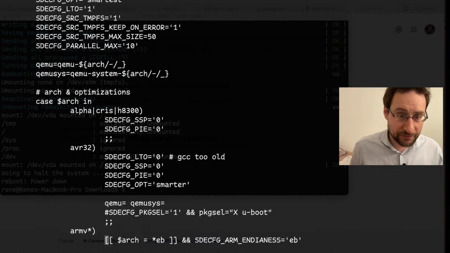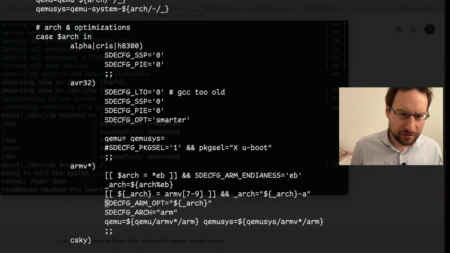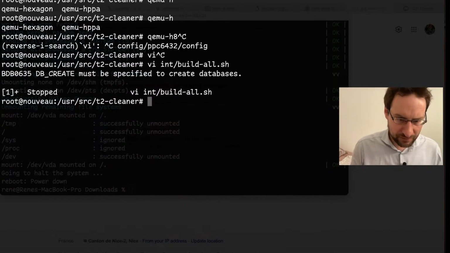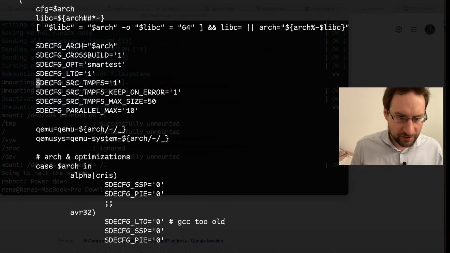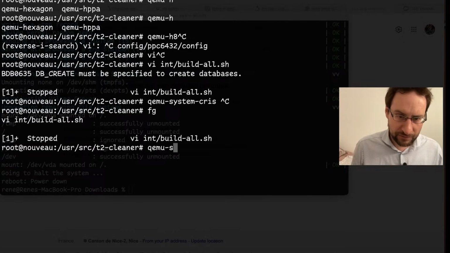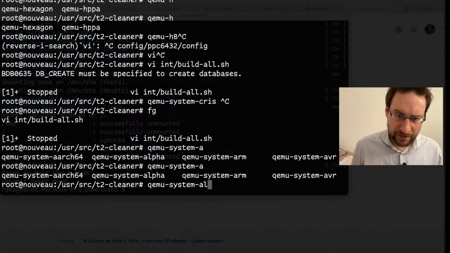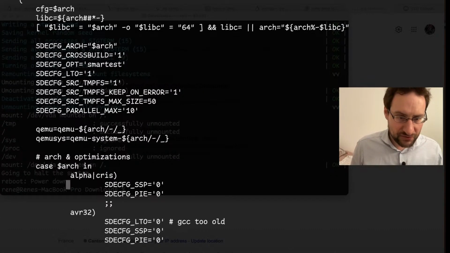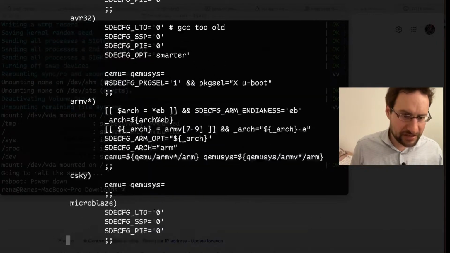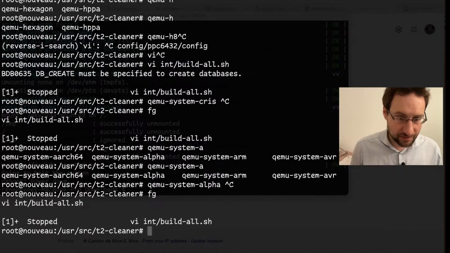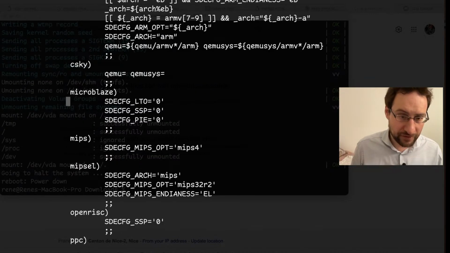Splitting this after all, because we want QEMU, so we have QEMU here. Do we have full system QEMU system? We have, good. Do we have this for alpha QEMU system? I think we have that, right? Yeah, we have that. So that is why we split that here, and then we can do QEMU system. Okay, we don't have both of that.